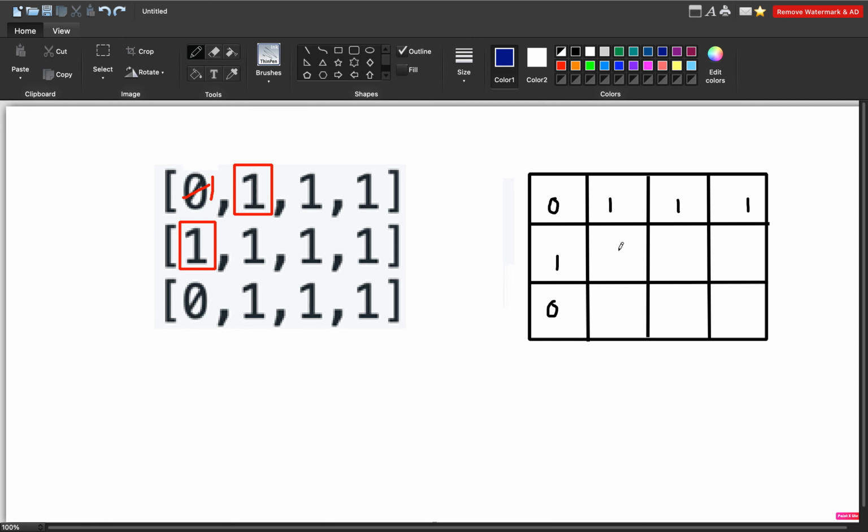So let's do it. It will obviously not contribute because it is 0, so here we will be putting 1. Similarly for this index, now we will be checking the minimum of this and this. What will be the minimum? Obviously 1. So we will be adding 1 and check whether this index is 1. Yes, it is. So 1 plus the minimum of these 3, which is 1, so the answer will be 2 here. I'll explain what we are doing.